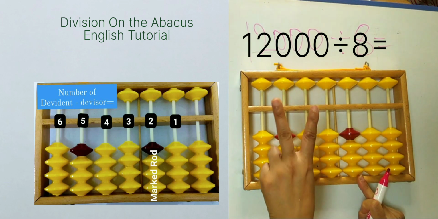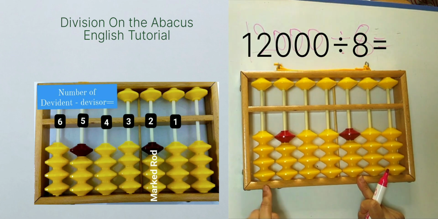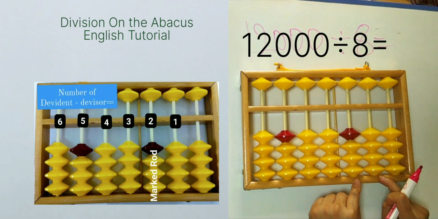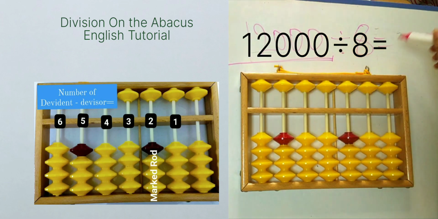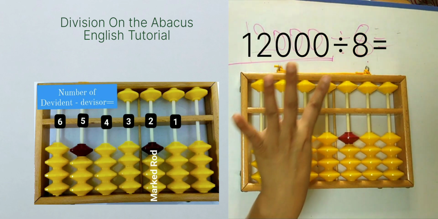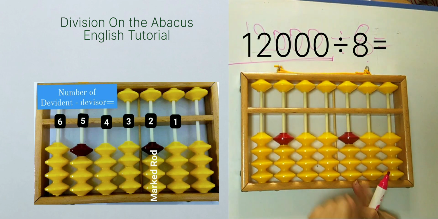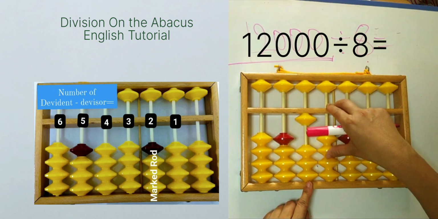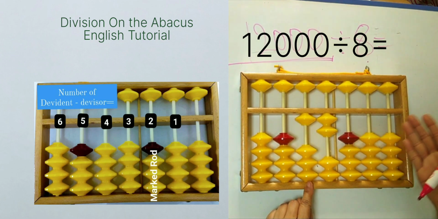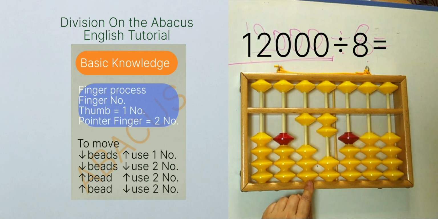This is my marked rod, and to take position, this marked rod is the second number, and this is third, this is fourth, fifth, sixth, and this one number. So 5 digits minus 1 digit, you get 4. This is 2 number rod, this is 3 number rod, this is 4 number rod, and you have to place your dividend from here, 1 2 0 0 0. So you have to start from here